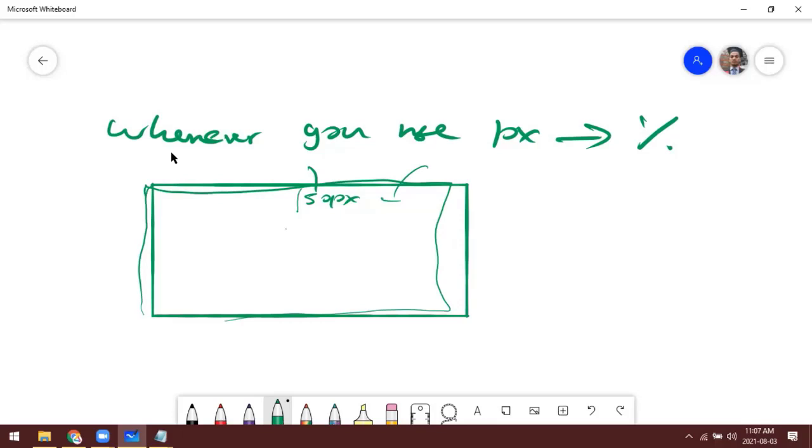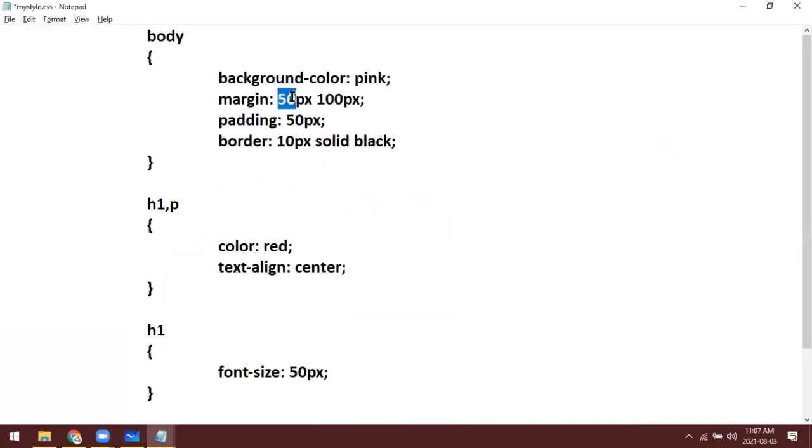For example, if your screen size is 1024 pixel, now you are giving 50 pixel, it will accurately take 50 pixel. Otherwise, if you use 25%, what will happen? It will take 25% of the size 1024. For example, here, if you want to apply 25%, so if you apply percentage, for example, 25%,